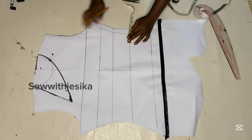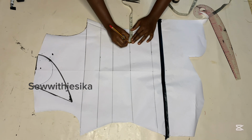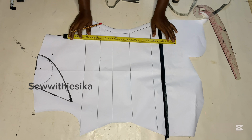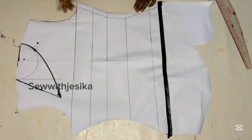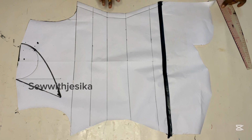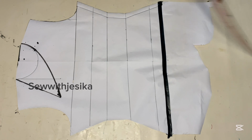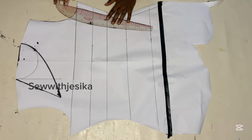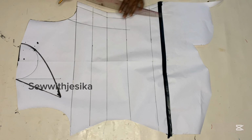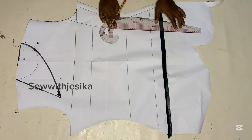Now, mind you, this blouse does not have that. It does not need that. So we are going to mark 2 inches from the side seam, right? And I'm just going to connect that seam to meet the armhole line around there, just close to the armhole curve area. You can actually use your free hand for this, but just make sure you're not using your dart line or anything like that. Just make sure it's outside of your nipple area, which is right here, and then